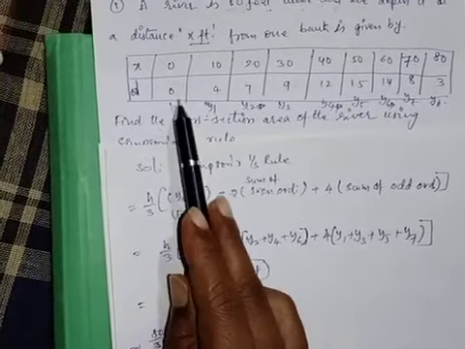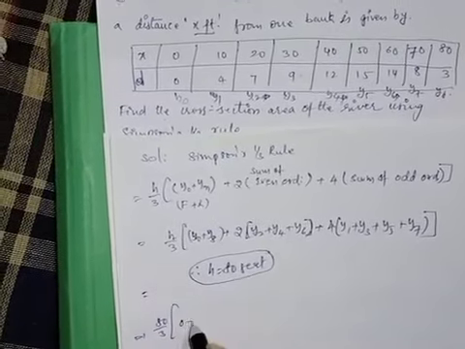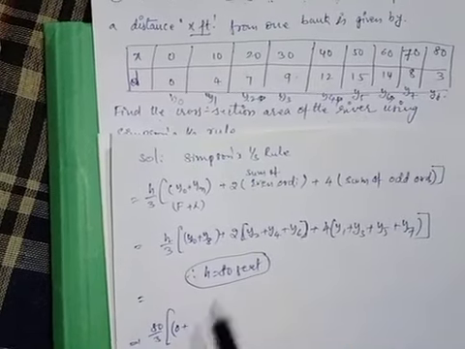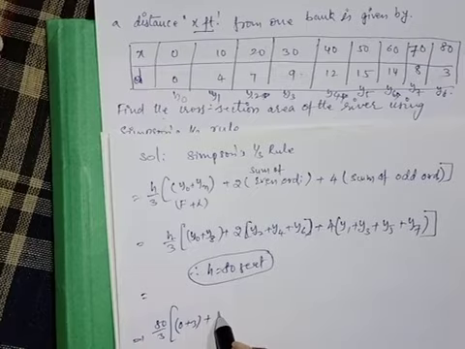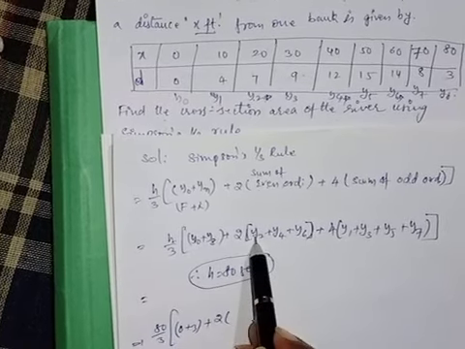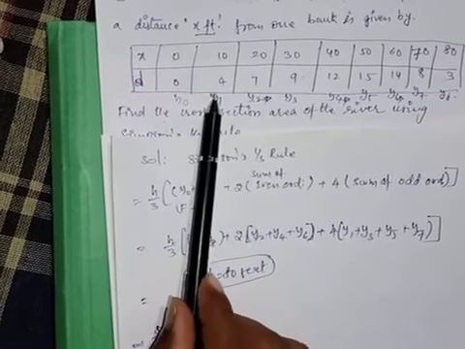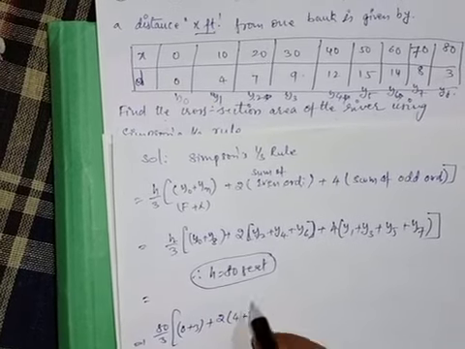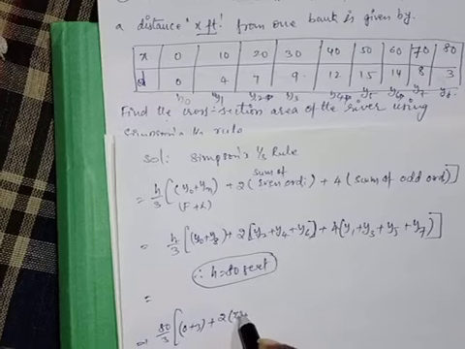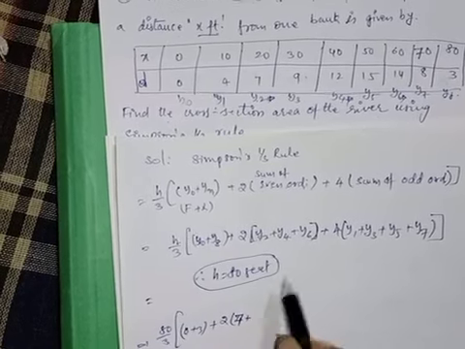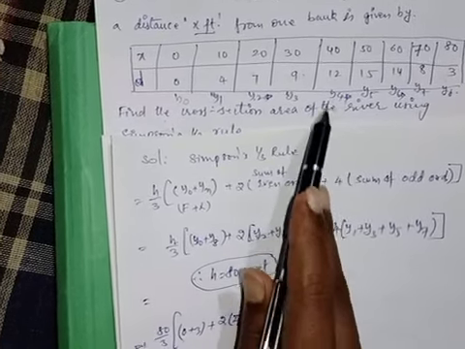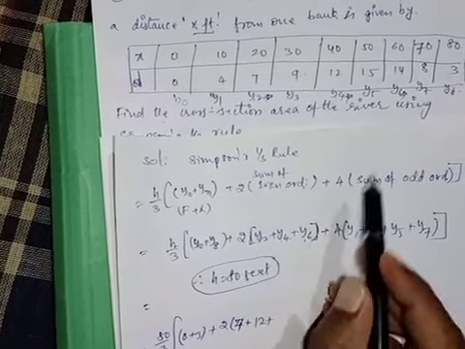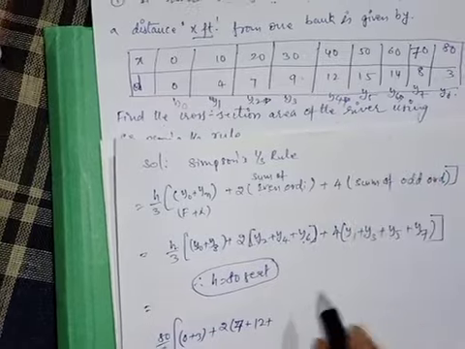y0 value is 0 plus y8. y8 value is 3. So that is the 3 plus 2 into y2. Sorry, this is y2 value is 7 plus y4. y4 value is 12 plus y6. y6 value is 14